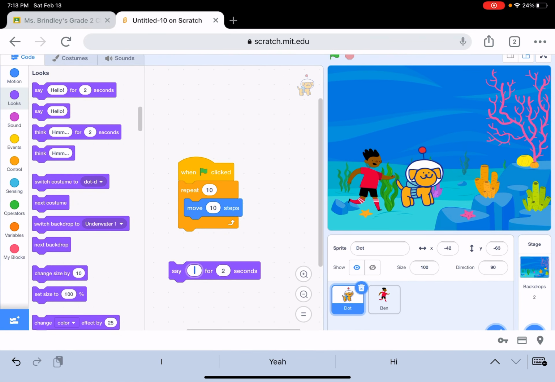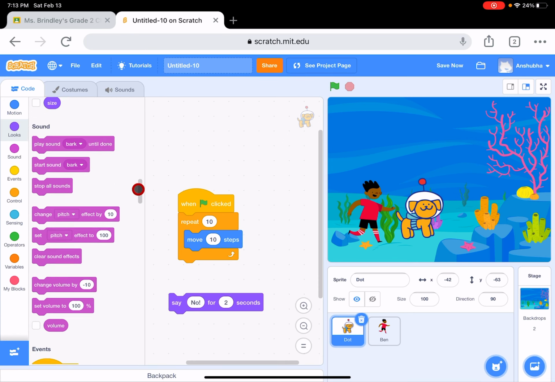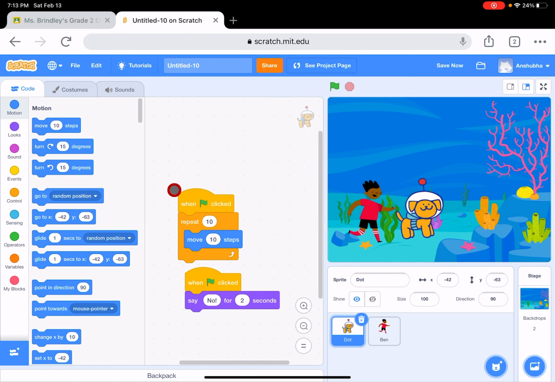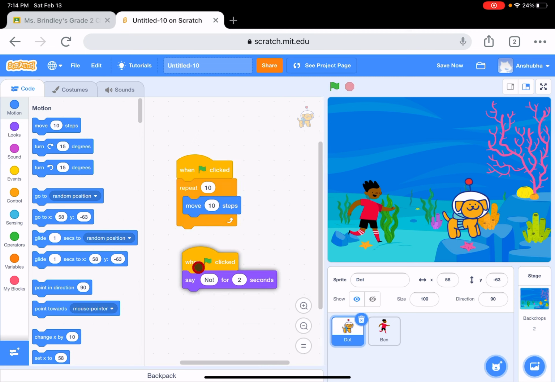no. So you can choose anything. I'll put an exclamation mark there, and he'll say no for 2 seconds. And then I'll go back in events. That's cool. And when we go back in villains, you'll see that he's gonna move like this now. And as we say,